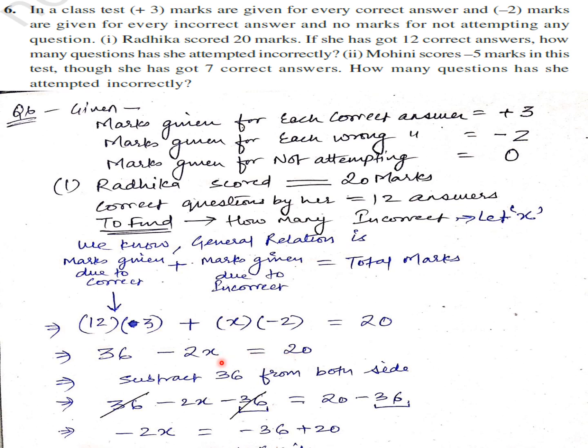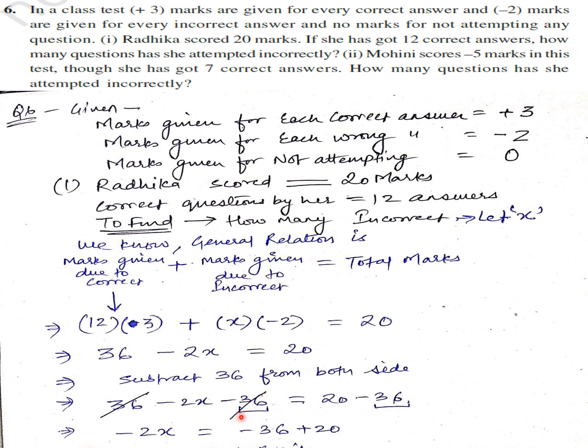Now we want to find value of this unknown variable, which is x. To find its value, we have to make it alone on left hand side. To make it alone, I will try to remove this 36 from this side. For this, I have done this. Subtract 36 from both sides. So I am doing an operation of subtracting 36 from both the sides, so that no issue is there. So I have done minus 36 over here and minus 36 over here. This is making it balanced.